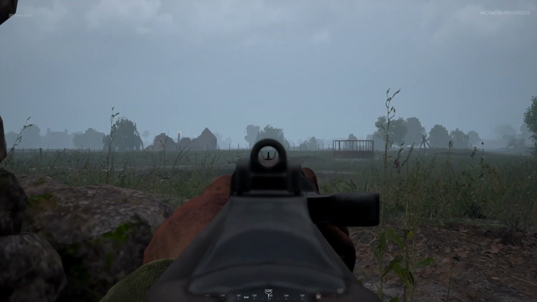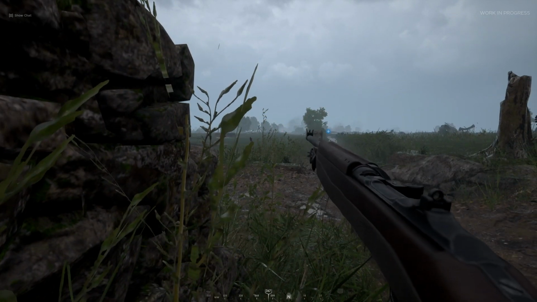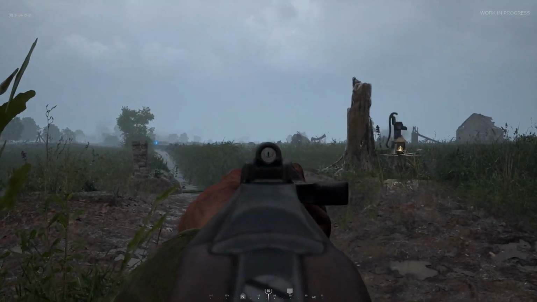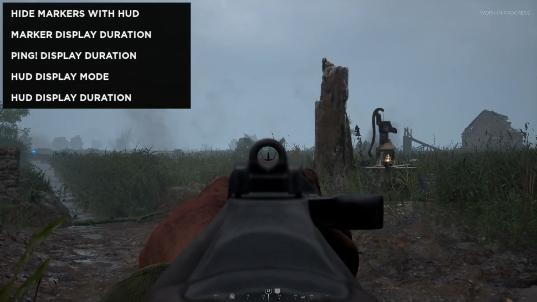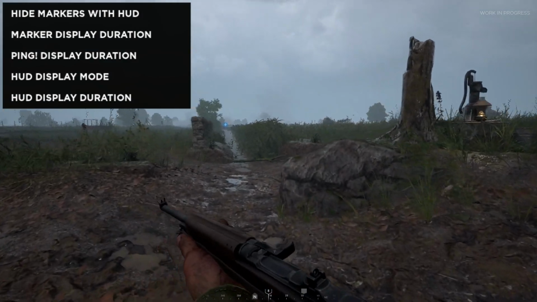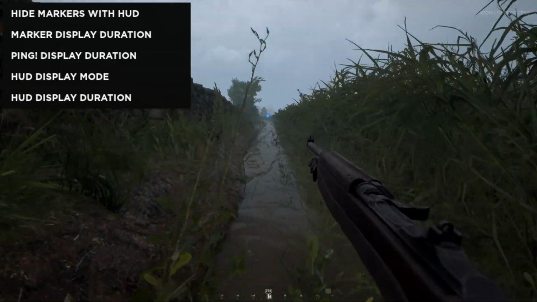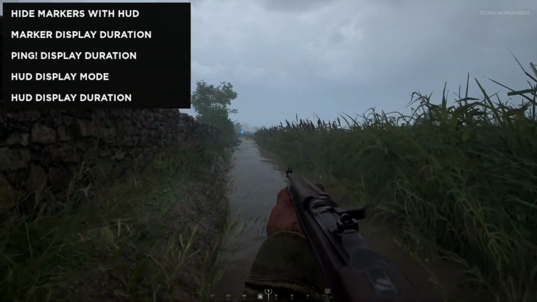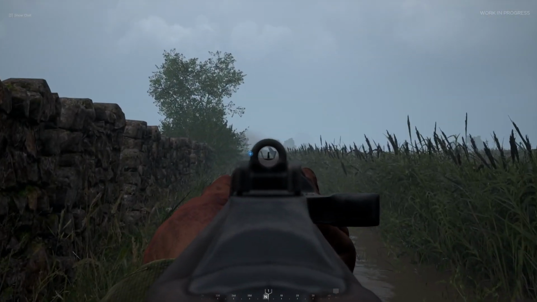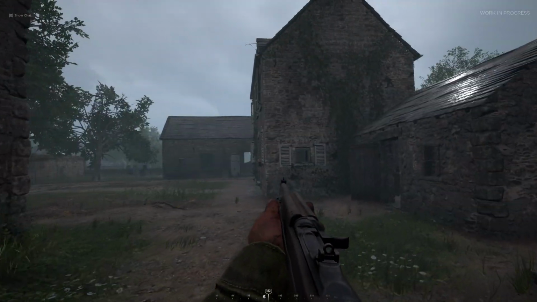But anyway, that's the big stuff out of the way. So finally, to finish up, I just want to go through a few of the smaller details you might have missed from this update. For example, firstly, if you take a look, there's actually now settings you can change to adjust your HUD display mode and fade out duration, and also the duration of things like markers and the new ping feature. Not just that, but you'll also notice that maps now spawn, quote, a more balanced but asymmetrical lineup of